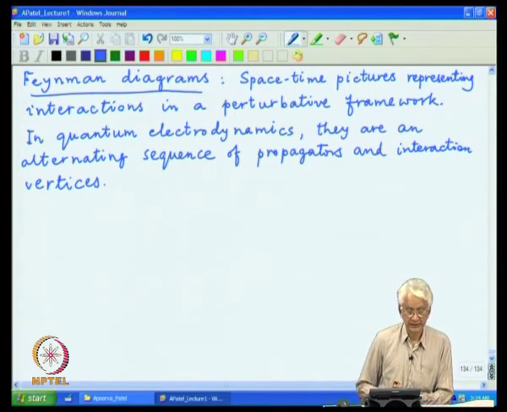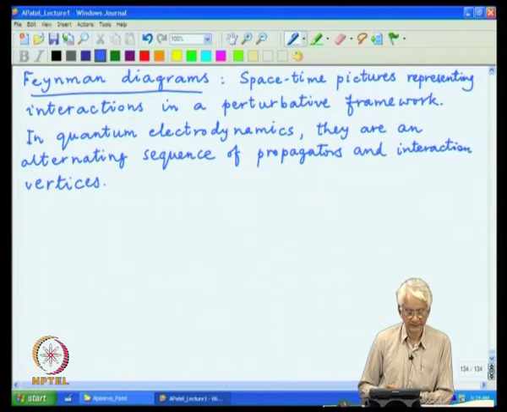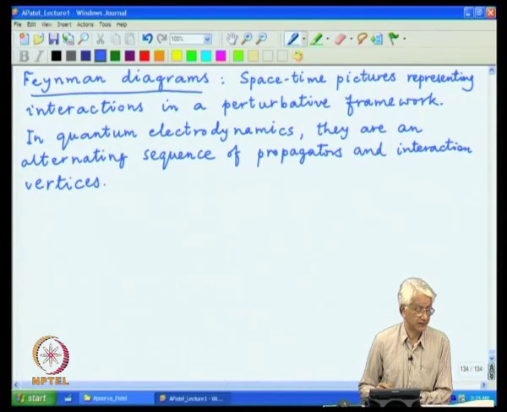It is heavily used in terms of doing the calculations, in the sense that to do the calculation one actually starts out by first drawing all the Feynman diagrams, and then for each Feynman diagram writing the corresponding algebraic expression and adding those things up. Because writing the algebraic expression from the beginning generally turns out to be quite cumbersome and messy, and this way you can remember the things very easily and count the various factors of propagators and vertices and corresponding operators in a straightforward manner.